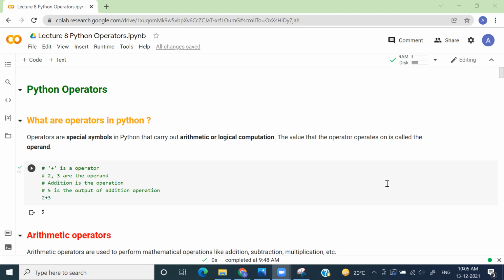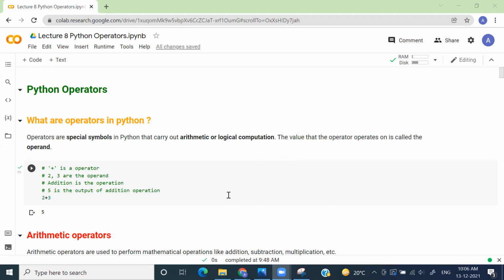And the special symbols that instruct your system to perform those computations are nothing but operators. The value that an operator operates on is called an operand, right?